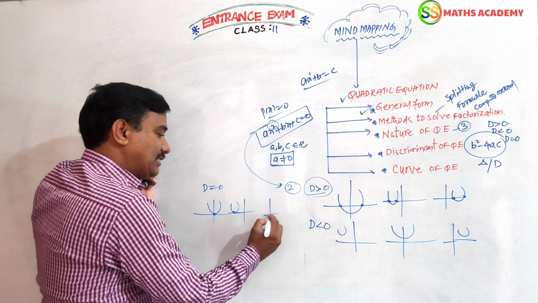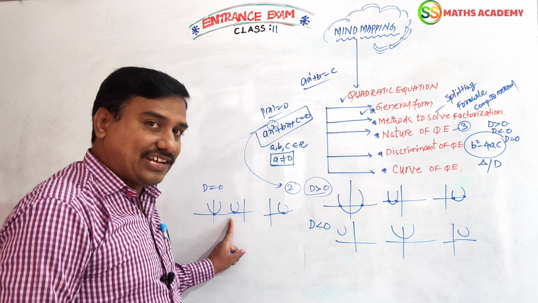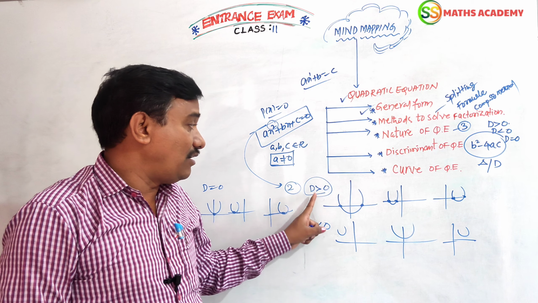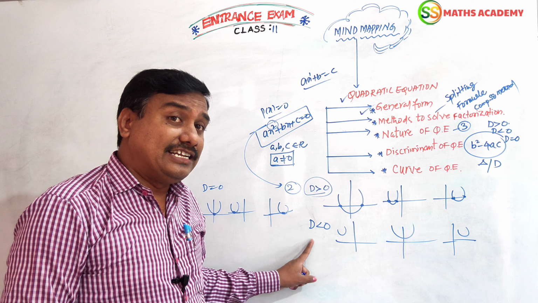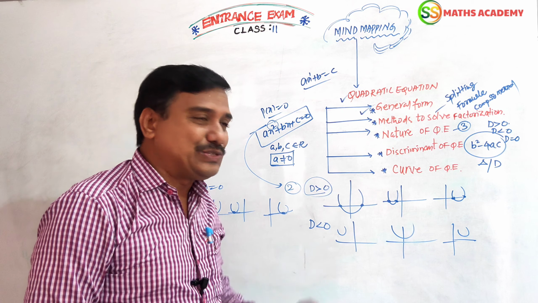Yes, when the two roots are the same, it will intersect the x-axis at only one place. Here, in two places; here, in no places. So this is called D greater than 0, or delta greater than 0, D less than 0, and D equal to 0. I showed it graphically also.